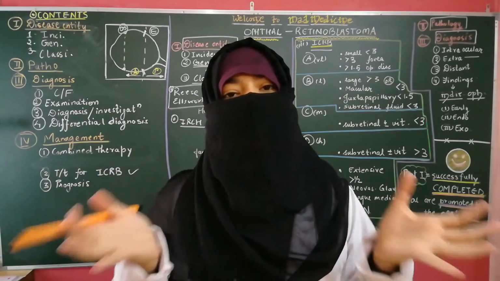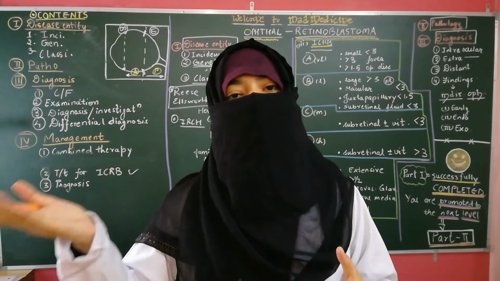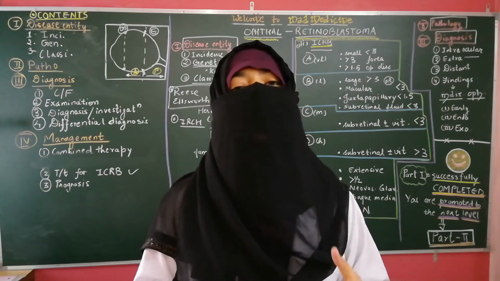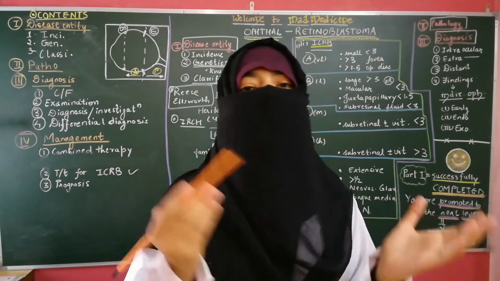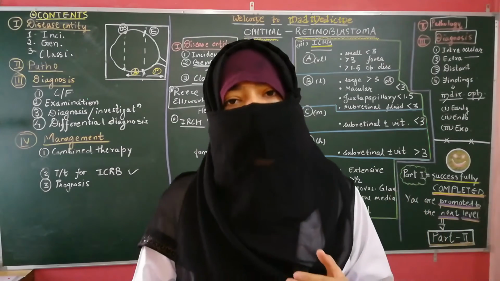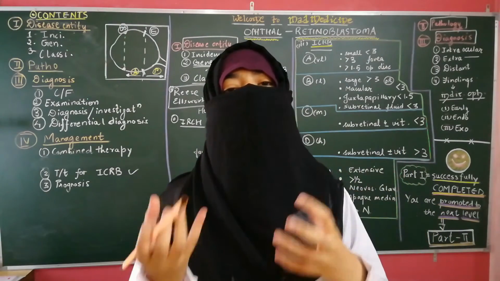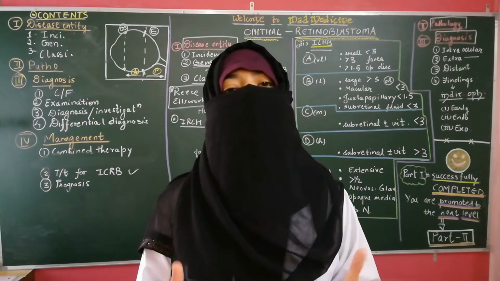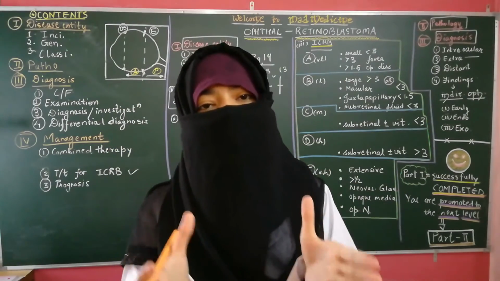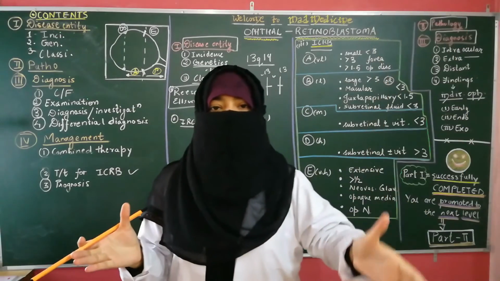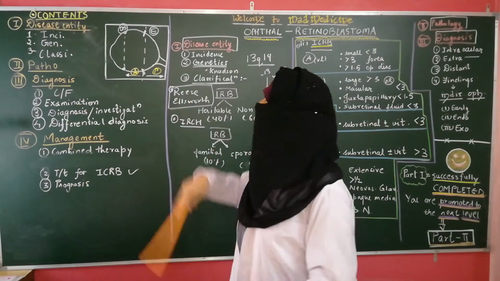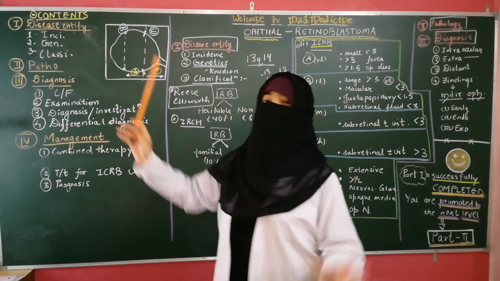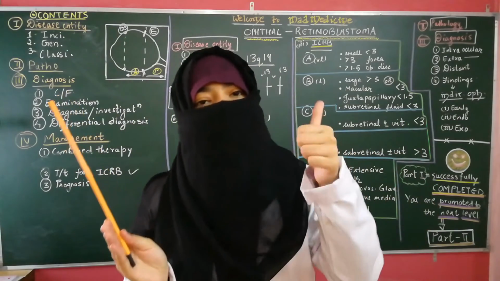like it is extending and causing optic nerve involvement, or it is resulting in neovascular glaucoma, or it is causing hemorrhages in the aqueous, in the anterior chamber, in the vitreous, and so it is resulting in an opaque media. So that was the classification, that is the international classification. So we have discussed the complete portion of the disease entity.